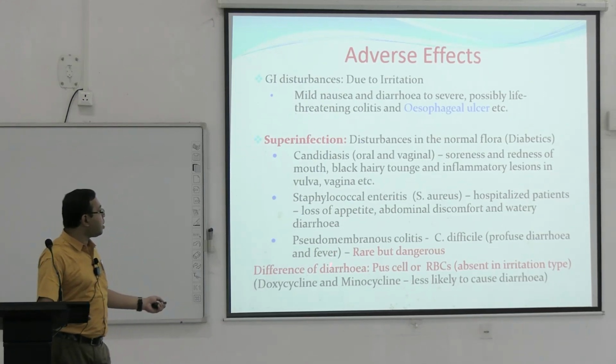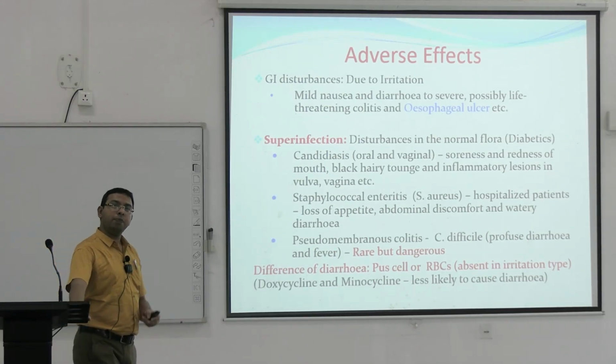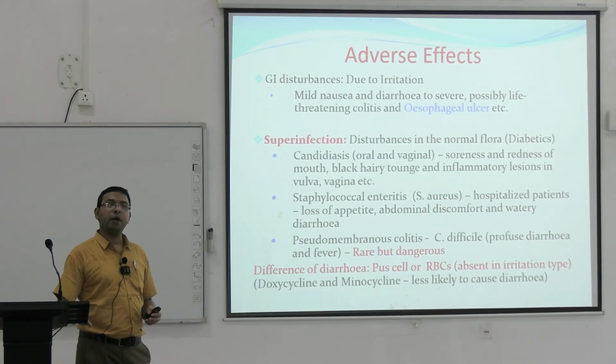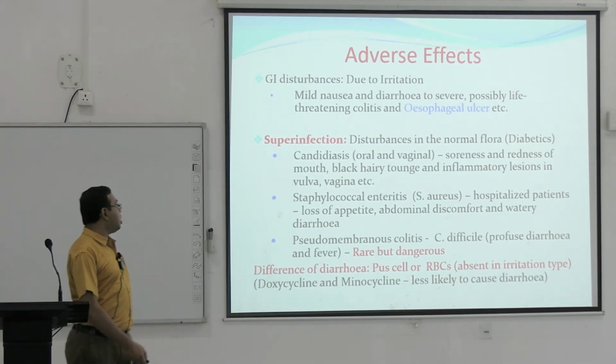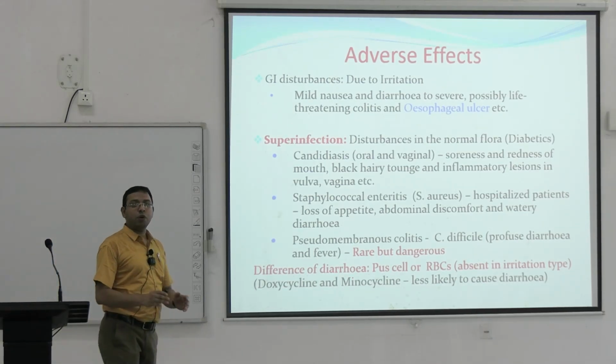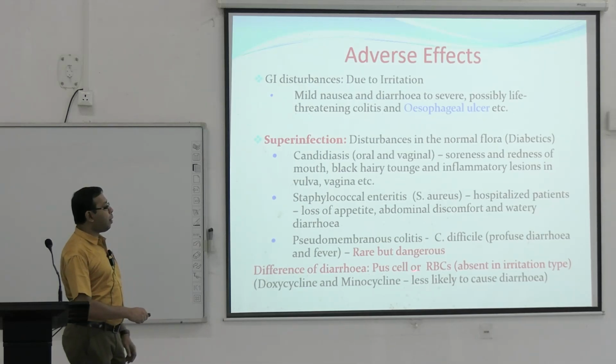So these are the different types of superinfections. Superinfections can happen in most cases when we are using broad spectrum antibiotics for a long period of time. We can differentiate normal diarrhea from superinfections